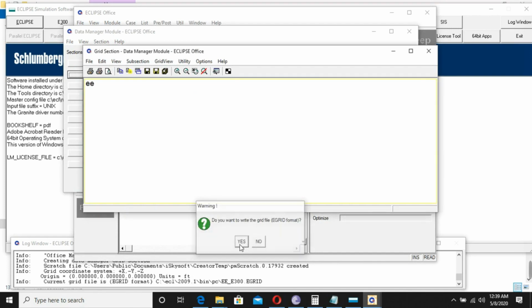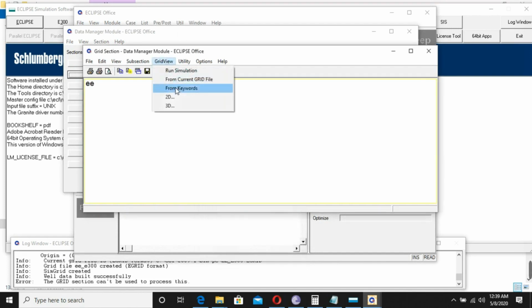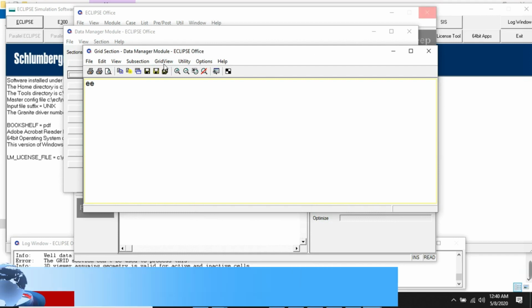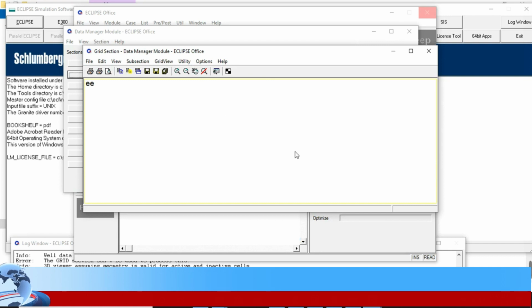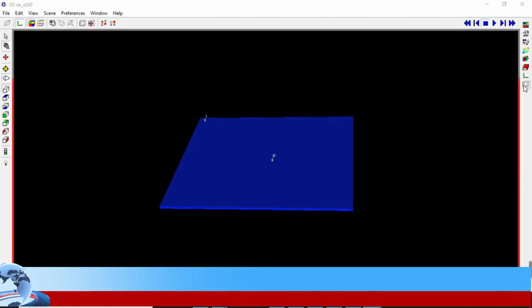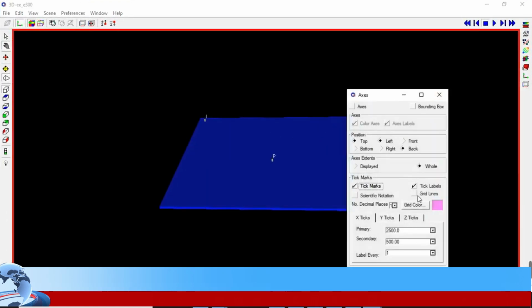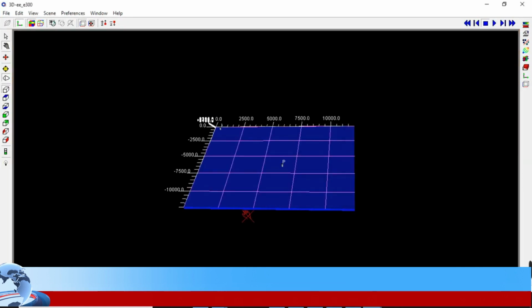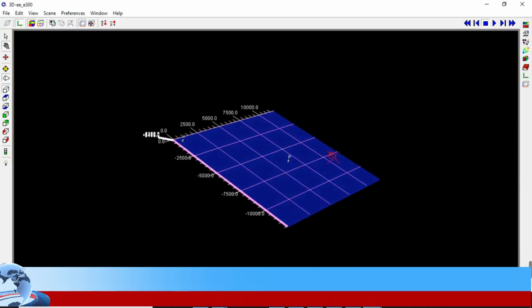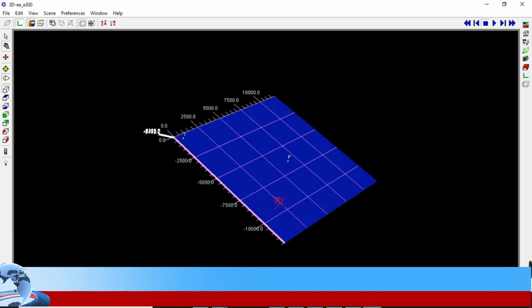We run from the keywords, and now once we go to this, from 3D, it will appear. Sorry, the laptop is a bit slow at processing, but it will come up. So here it is. Our location of the well was at 7,7. Well, we changed the grid cells from 7 to 12 in the last one, but actually there